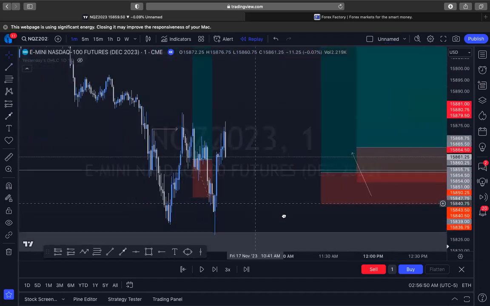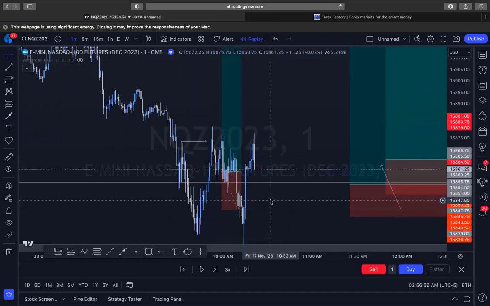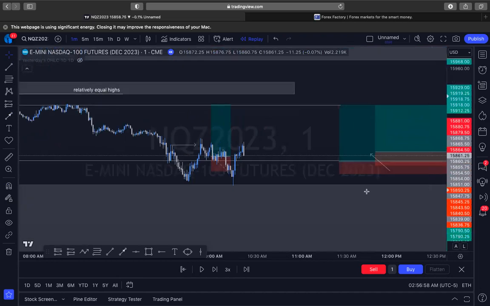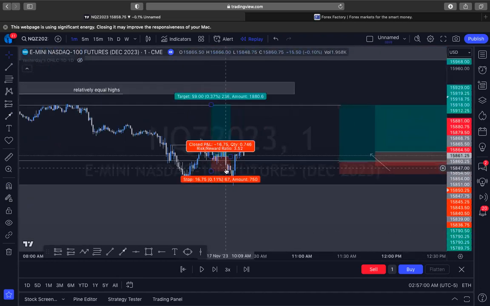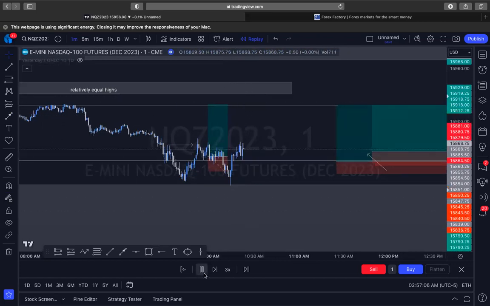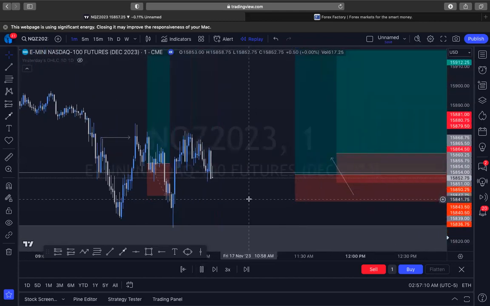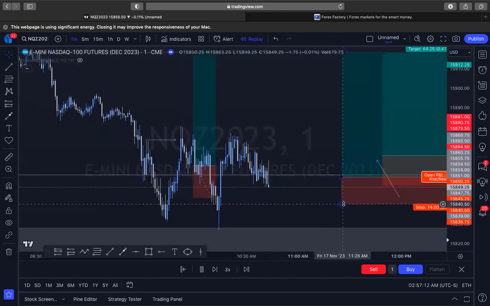So this was my first initial loss. If you look at the time, that's within my trading time frame. So that's totally permissible. Again, I would much rather have a short stop loss than have a stop loss that would have went completely against me, right? So let's continue playing this back so you guys can take a look at the second entries that we saw.